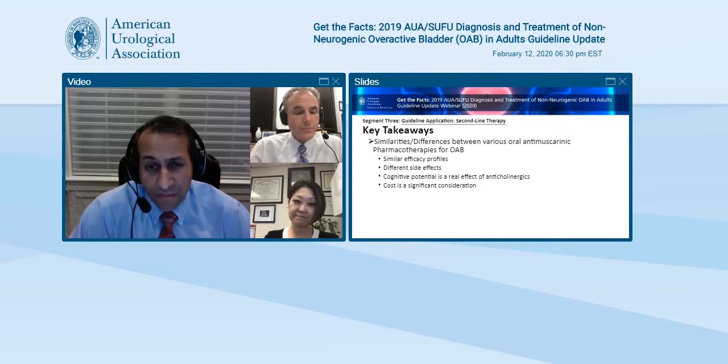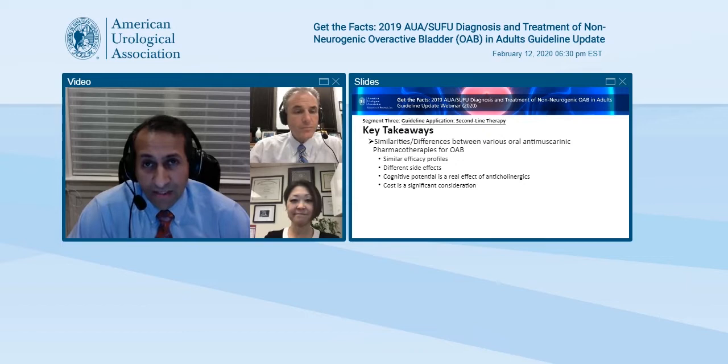Maybe there's a select group of patients who have some bowel frequency. Maybe it's loose stools. So maybe I want to use a medication that may have a higher degree of constipation as a side effect. As we've certainly touched on several times now, cognitive potentials, especially with the anticholinergics, is such a real issue. And it's becoming more and more of a consideration when we talk about medication selection. So I think that's something we will oftentimes bring to light, especially in the at-risk patient, the elderly, and others.